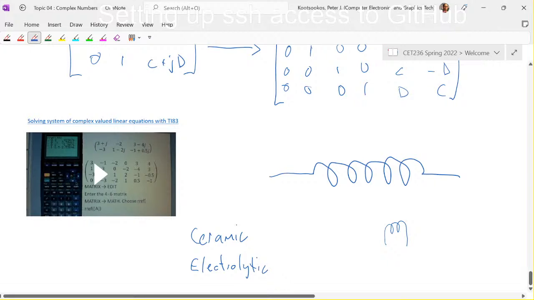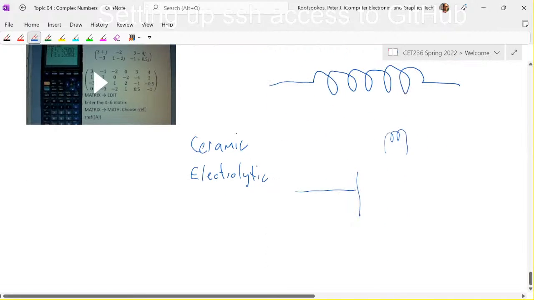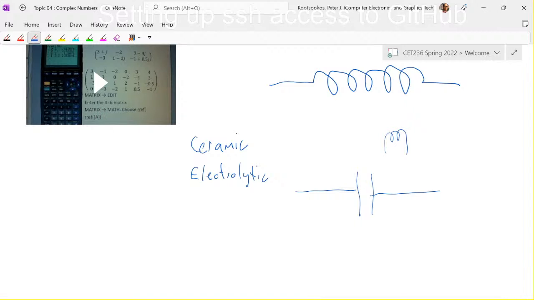So the ceramic one, as the name suggests, is made up of a ceramic and usually some sort of conductor. Sometimes it's carbon. And the way you draw a capacitor circuit-wise is like that. Because all a capacitor is, is two conducting plates separated by some sort of electrolyte. In the case of the ceramic capacitor, the electrolyte is a ceramic. In the case of the electrolytic capacitor,